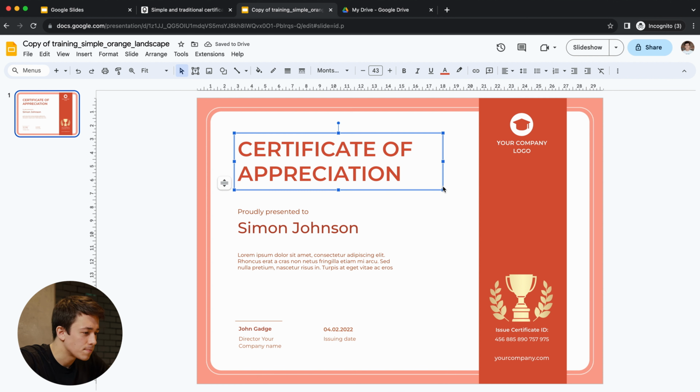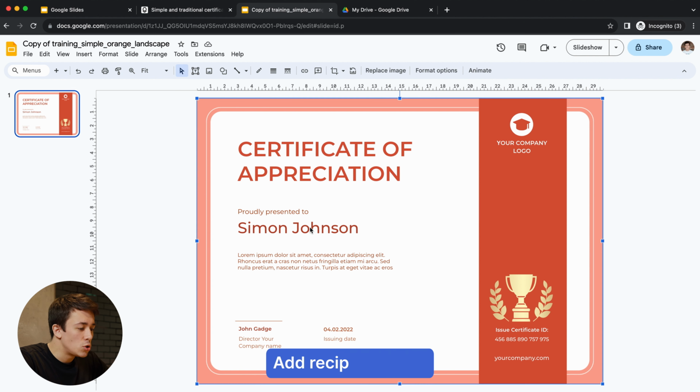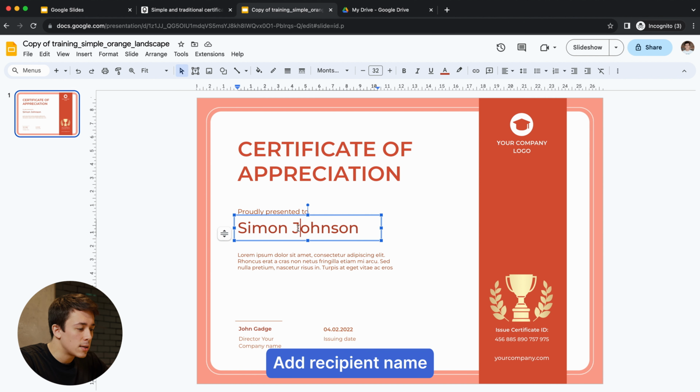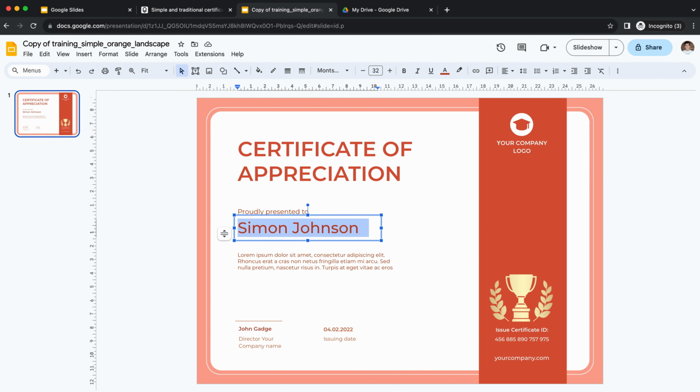Now, you might have noticed that we didn't have to install any fonts. This is because all the certificate templates produced by Certify use Google's fonts. Google fonts function on an open source basis, which means that they're available to anyone. So you don't have to worry about copyright issues. Now, next step is to change the recipient name. I'm gonna go ahead and change it to John Doe.